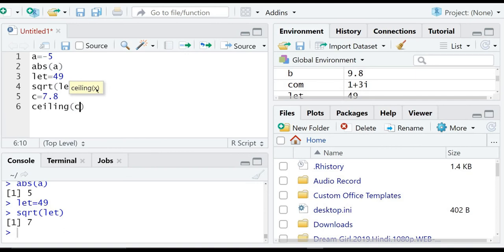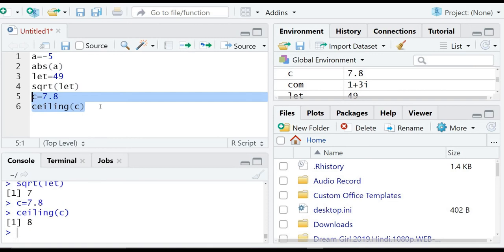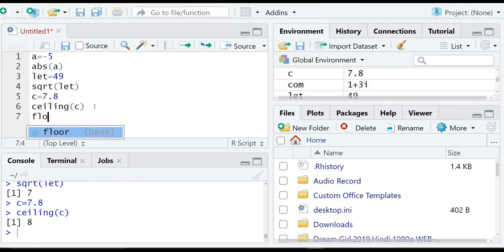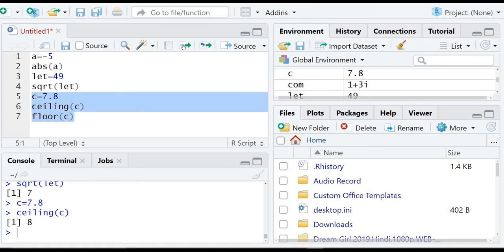Ceiling of c, and run this only this time. So we can see that we are getting 8. So ceiling is used to get the number above that, and after that we can use floor. So floor of c, now run this, and we can see that we are getting 7.